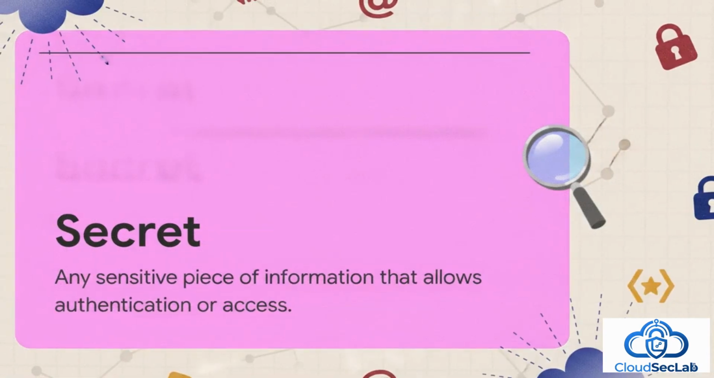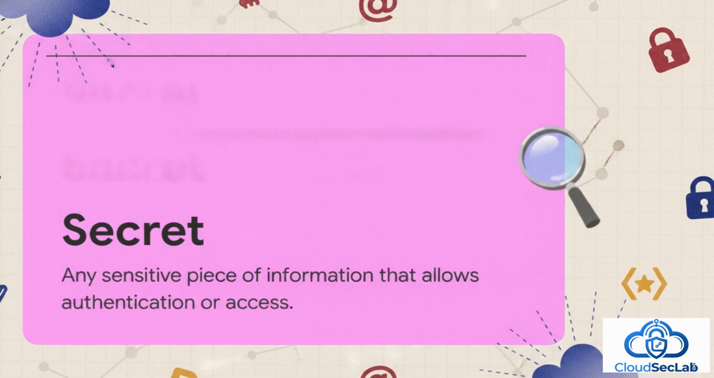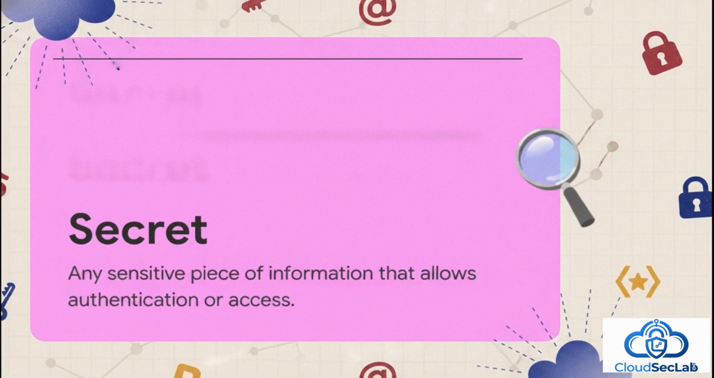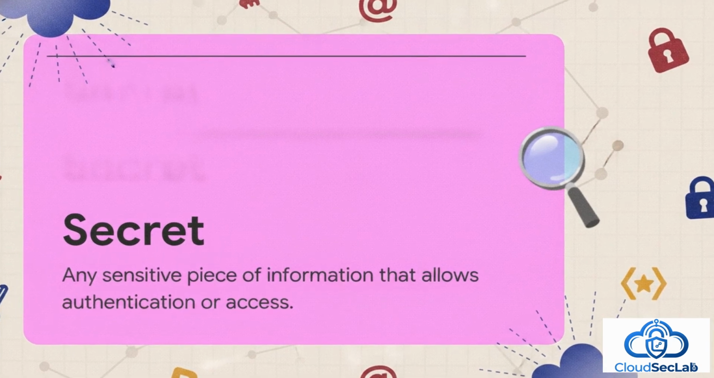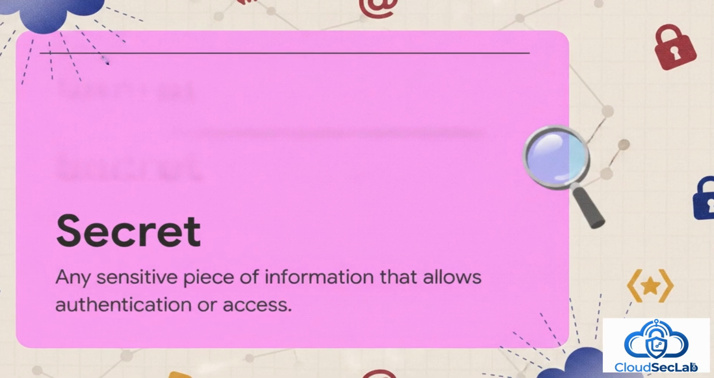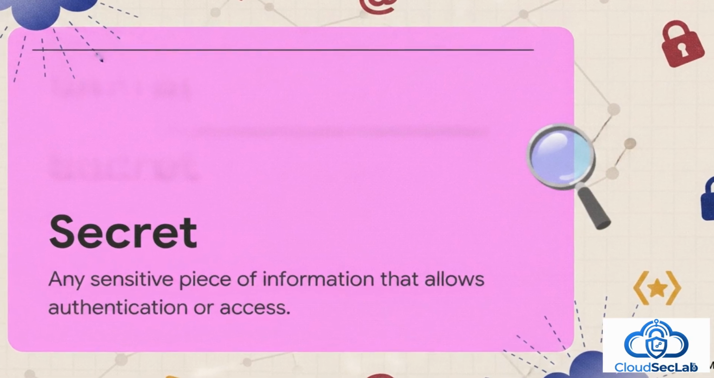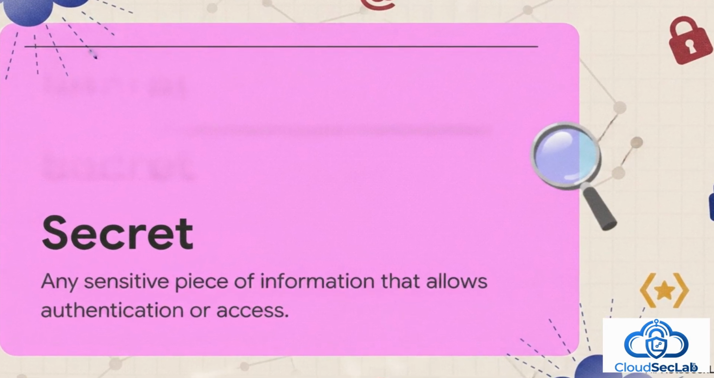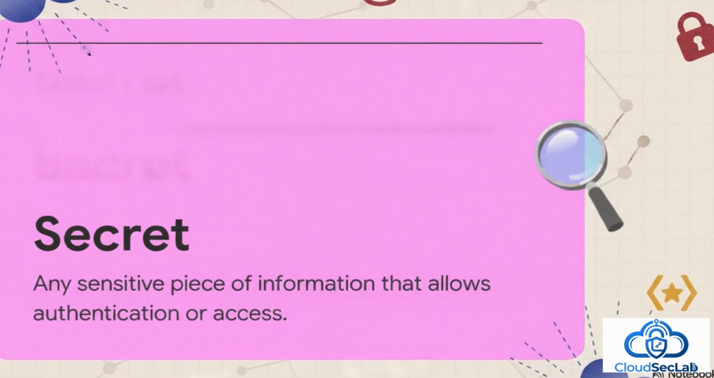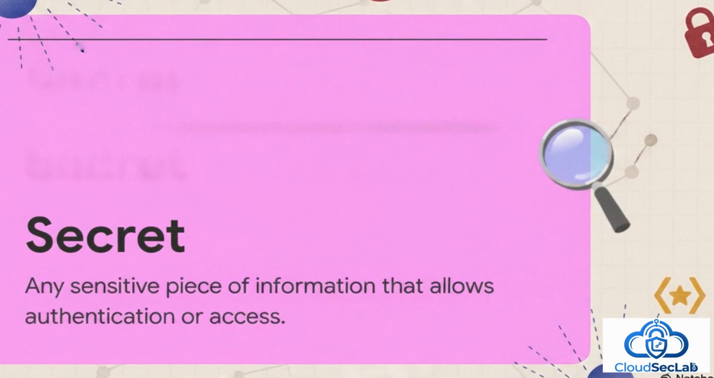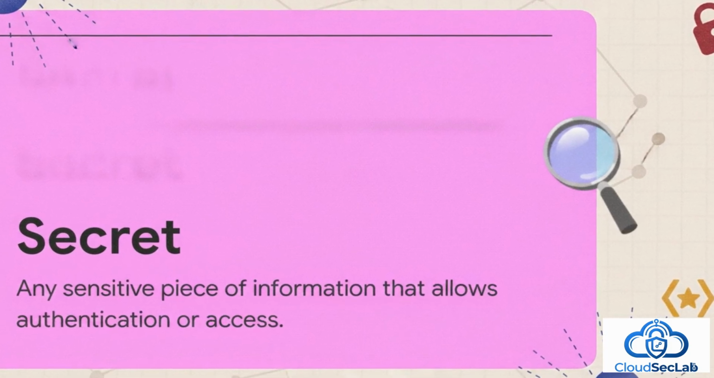And hey, speaking of simple mistakes, let's talk about secrets. In this context, a secret is any highly sensitive piece of information, like passwords, API keys, or access tokens that allows authentication. Think of a secret exactly like a master key to a physical building. One of the absolute most dangerous things a developer can do is accidentally store these secrets directly right there in